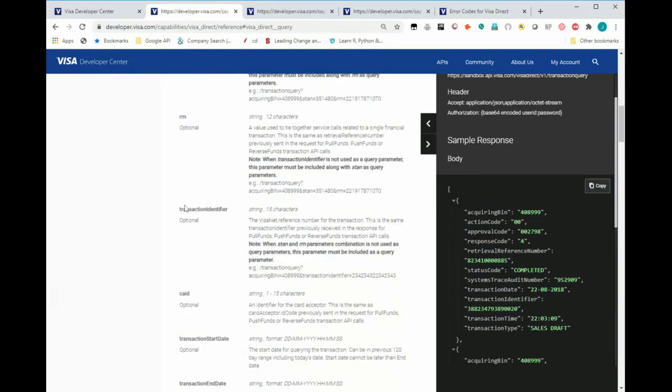The second option is to use a transaction identifier, and this is basically what we're going to do. So I can grab this and run it and see what's going to happen. Let me paste and copy it. Perfect. Let me stop sharing and